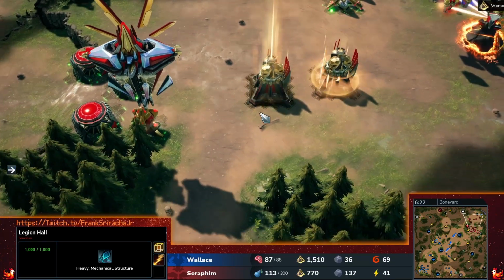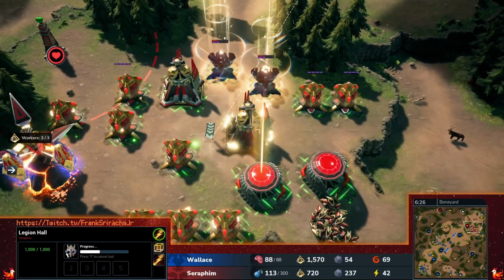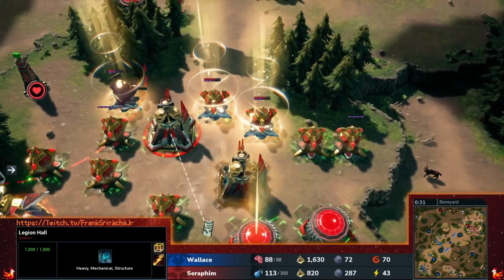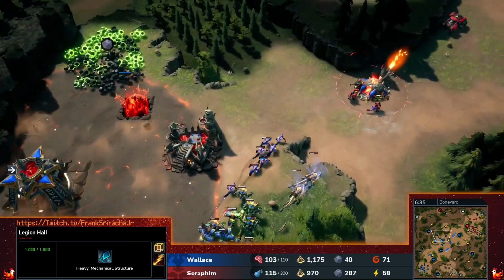And we're seeing a lot of Legion Halls. I don't know that we see them... Oh, it's Archangels. Alright. The bonk stick generators are up and running en masse. And actually, I really like that. The amount of